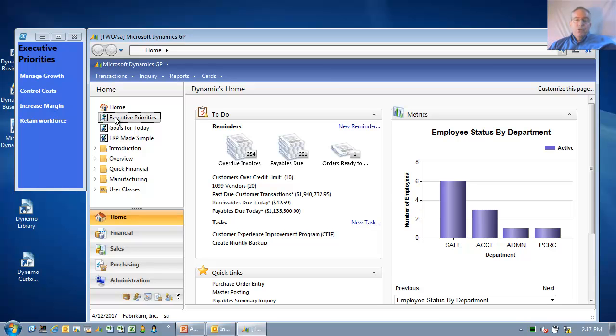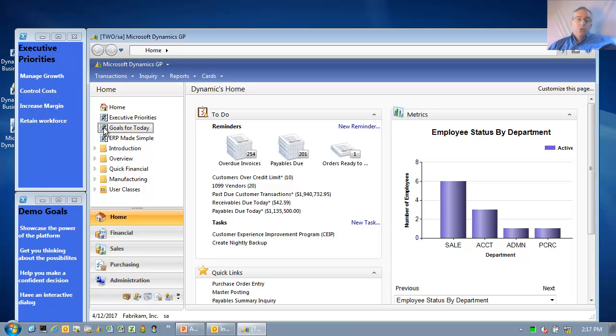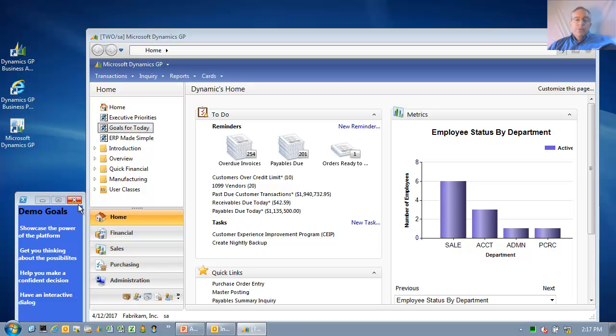We learned from speaking with the prospect, they're trying to manage their growth, control their costs. And then it's always a good idea to set the goals of what you want to get accomplished in the demo. So our goals for today are maybe showcase the power of our platform, get them thinking about the broader solution that we offer, and make sure they're making a good decision. So I'm going to exit this,